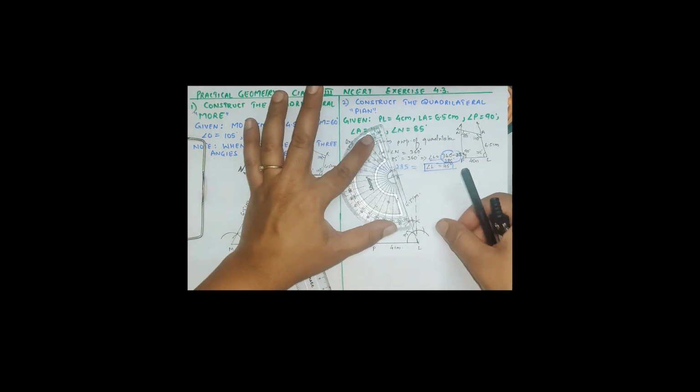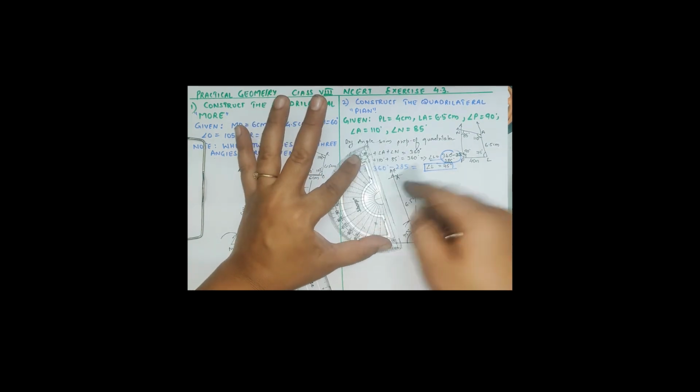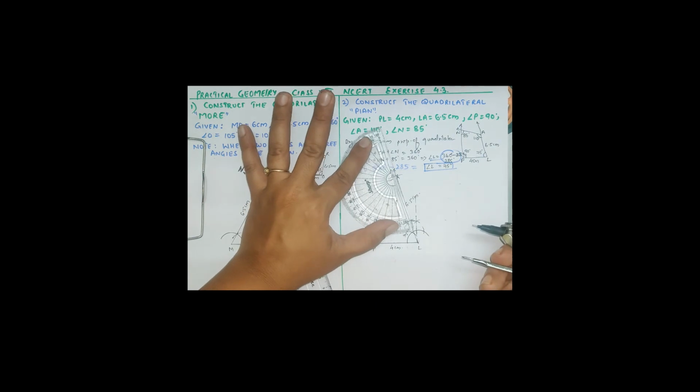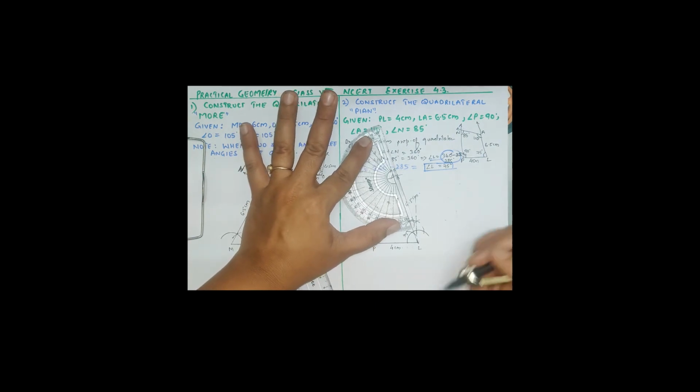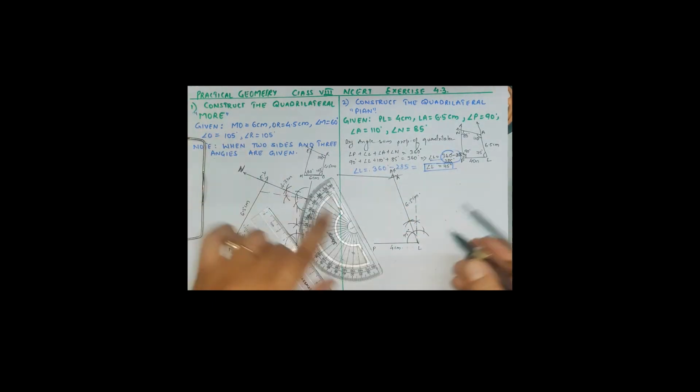the help of a protractor. Put the point like this, the round point should coincide like this, and then see the measurement. Here it is 110. 110 is your obtuse angle. It will not come inside the quadrilateral, it will go like that. It is your AY. Thick. Then such that angle LAY should be equal to 110.